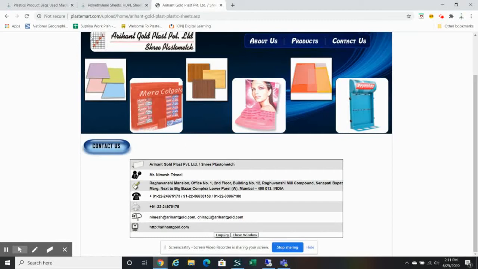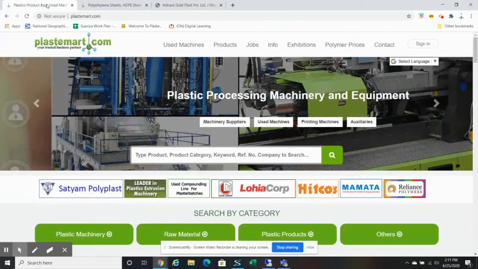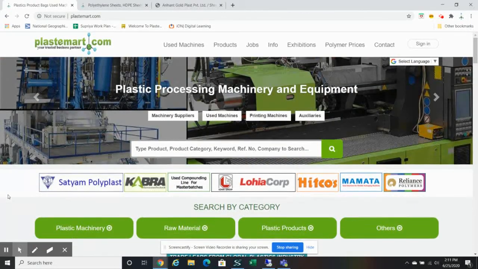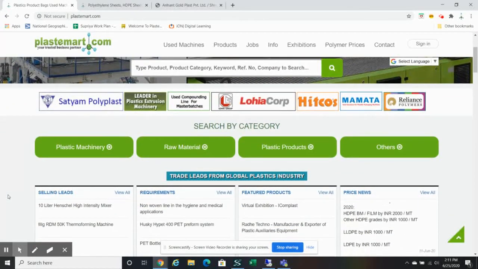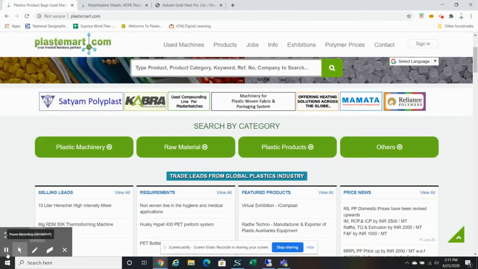With this web page, you have a double benefit in this package. This web page we mention in different categories, also in a supplier list, and plus we mention it in the plastimart.com homepage, in the plastic companies section over there. So we mention this in the plastic companies section. Cost of this package is 5,000 plus GST.